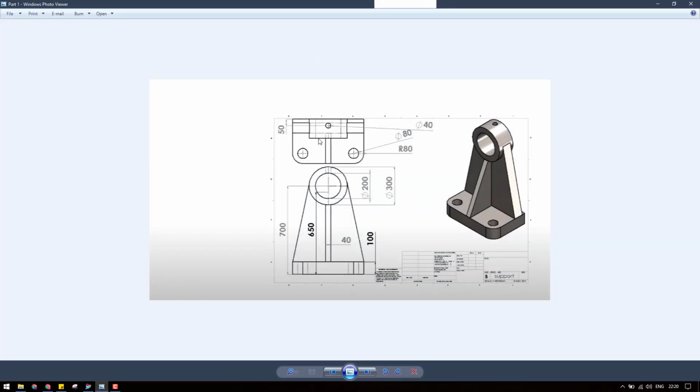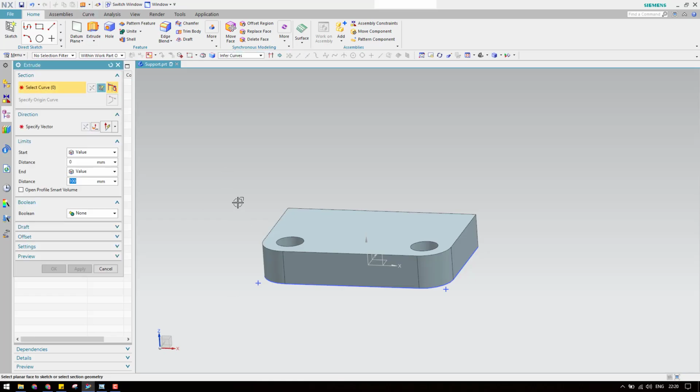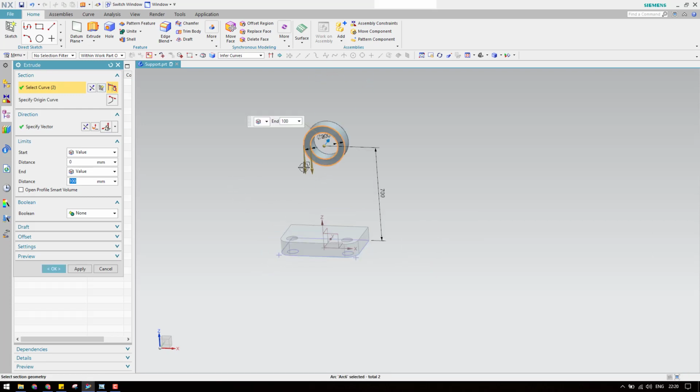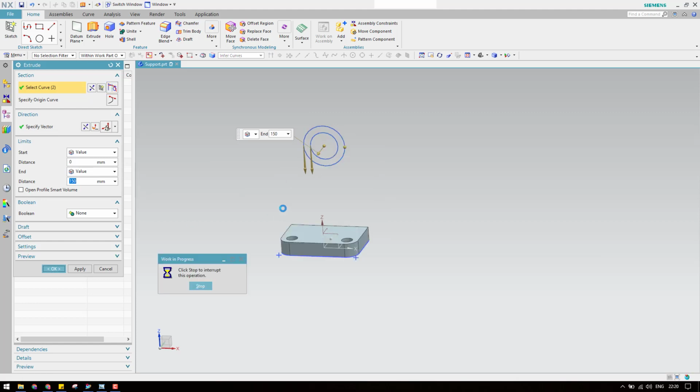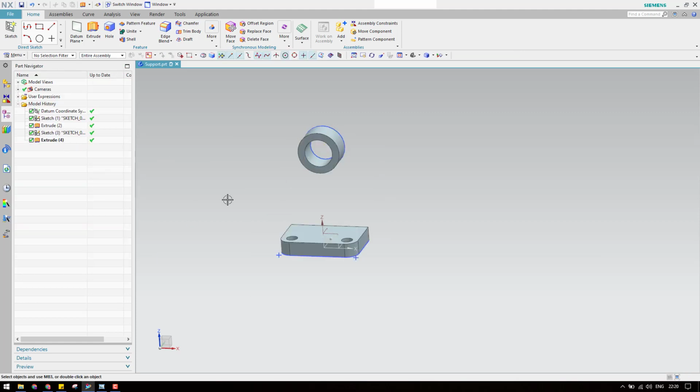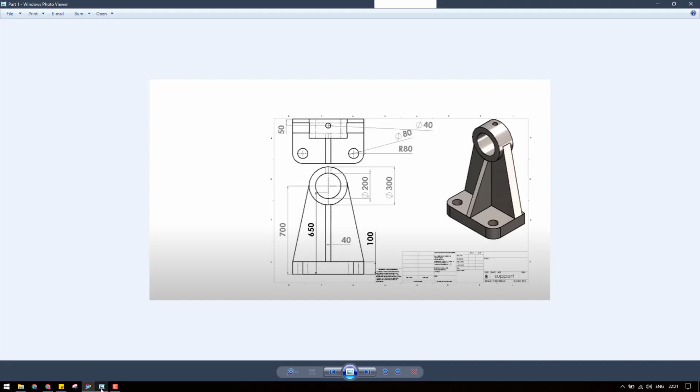As you can see here, the extrude length itself is not given, so let us assume this extrude as 150 mm. I'll go to extrude and extrude it in the reverse direction with 150 mm. Click OK. Now we have this face.